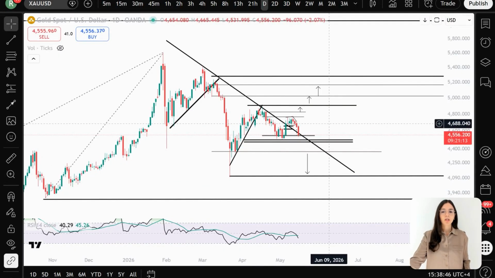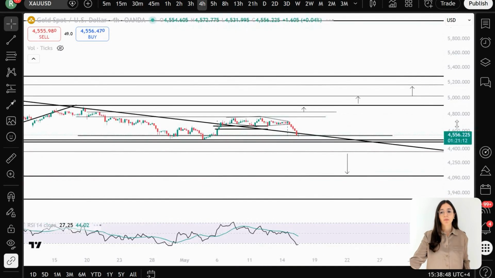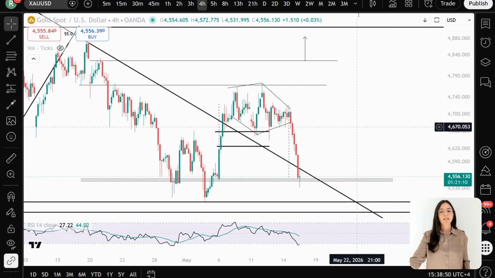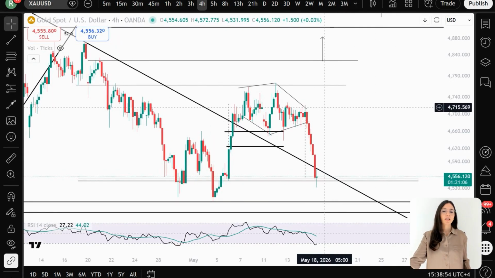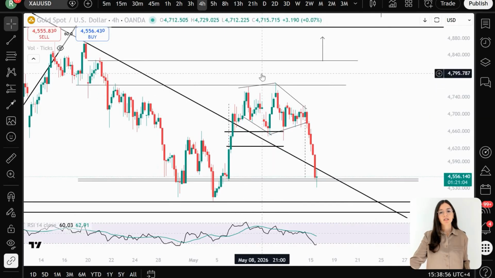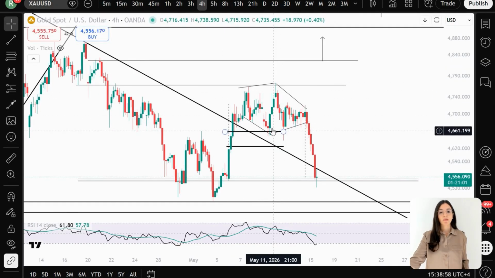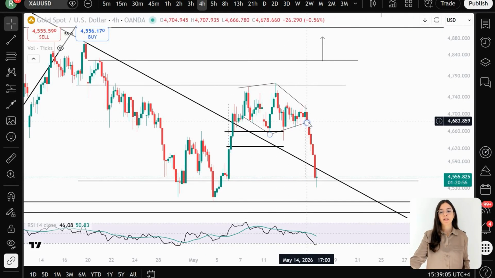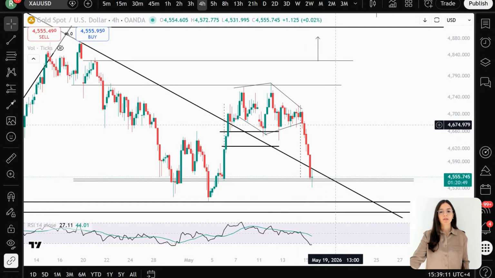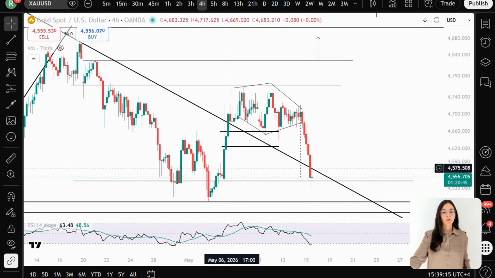Now, if we look at the gold chart from a shorter time frame perspective, from the 4-hour time frame, we can see a classical technical analysis pattern known as a diamond pattern, which connects both broadening consolidation and contracting consolidation at the same time. This consolidation extended on the charts across the month of May and gave way following the clean breakout back below the 4,660 zone, which is a pattern that usually traces a steep breakdown equivalent to the steep bullish breakout that